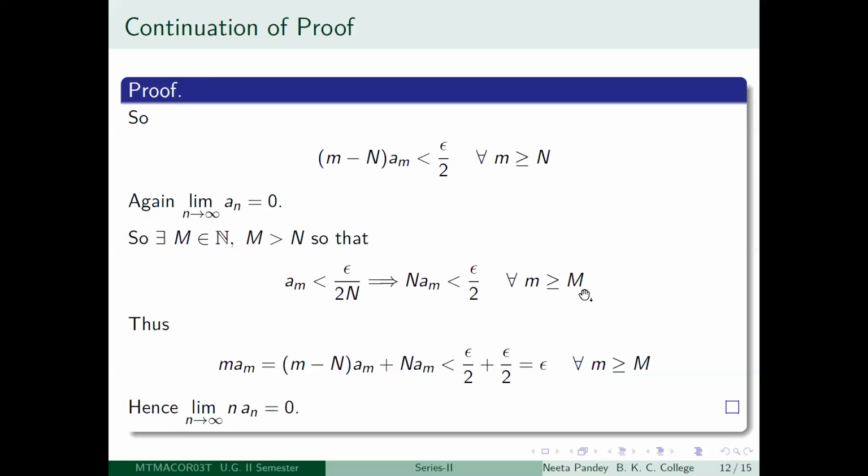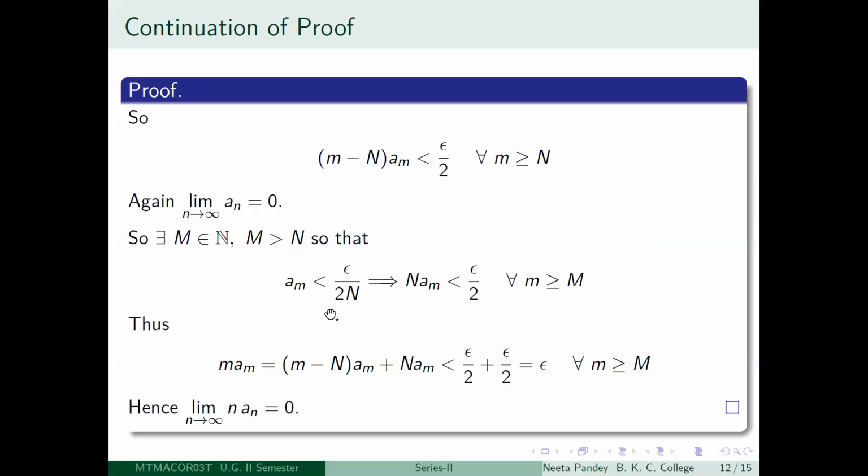And you do get a term capital M, so that after the capital Mth term, am will become less than epsilon by 2 into capital N, because limit n tending to infinity an is equal to 0. Now you do get such an m, and you already had a capital N previously, so you could just make a choice properly, so that you take the maximum of whatever you are getting here and this capital N, so that this inequality and this inequality hold at the same time.